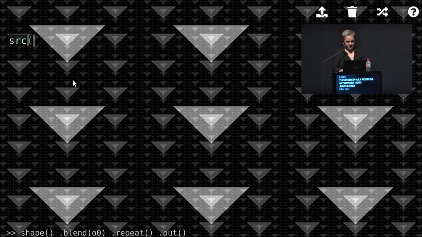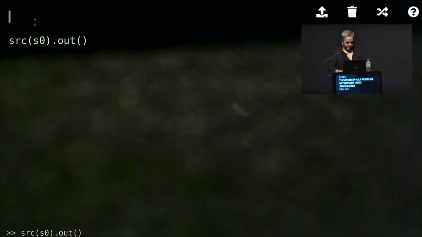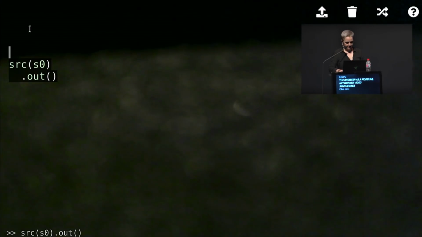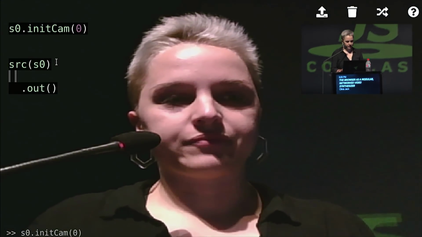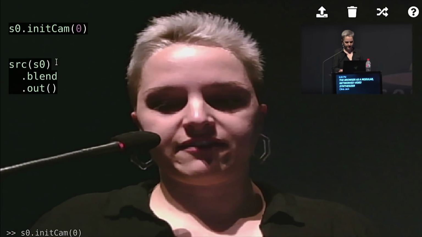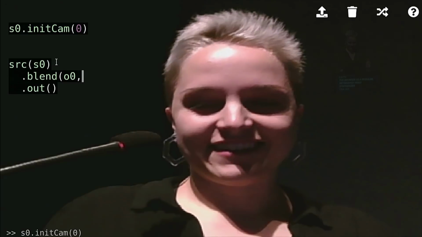And so another example is here. I could go back to the camera. Or actually, another example. Oh yeah, I'll go back to the camera. And so I could blend my face with itself. So here we go. And so then I just start to get these sort of trails.